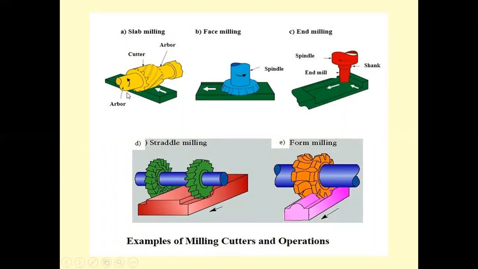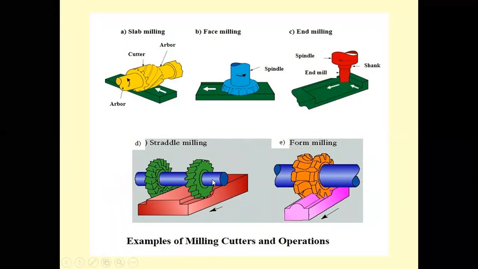So in this, the cutter is rotating in this direction, meaning it's rotating about a horizontal axis. That's why this kind of process happens on a horizontal milling machine. And face milling or maybe end milling, end milling also is the same thing. Here the cutting edges are at the end of the cutting tool. So these operations happen in the vertical milling machine.